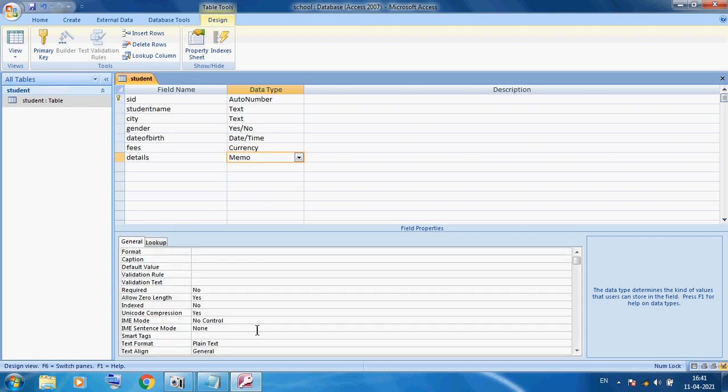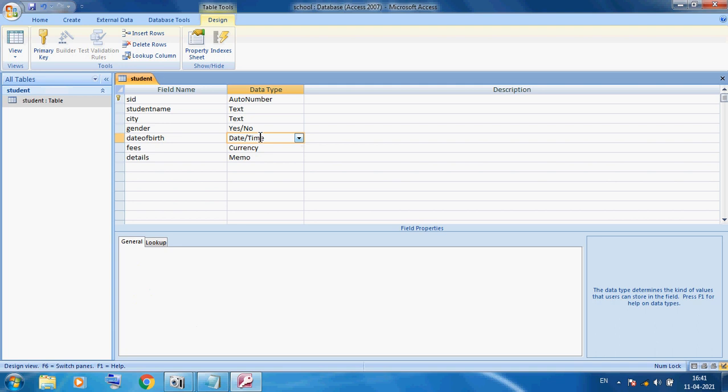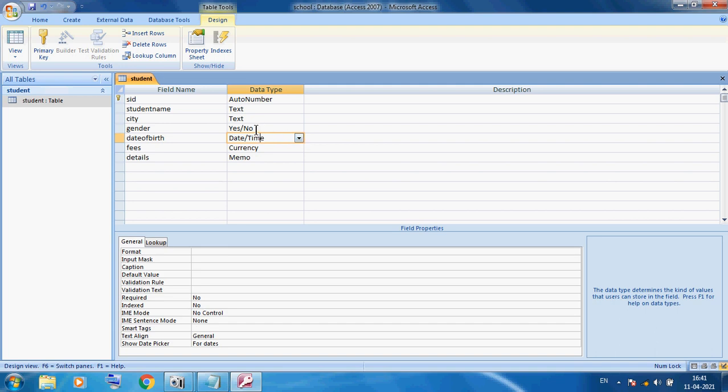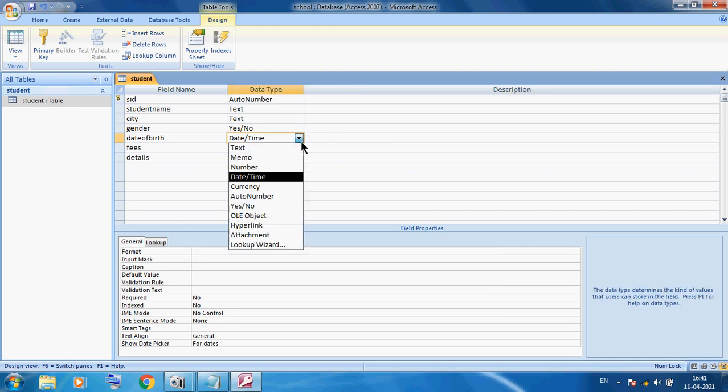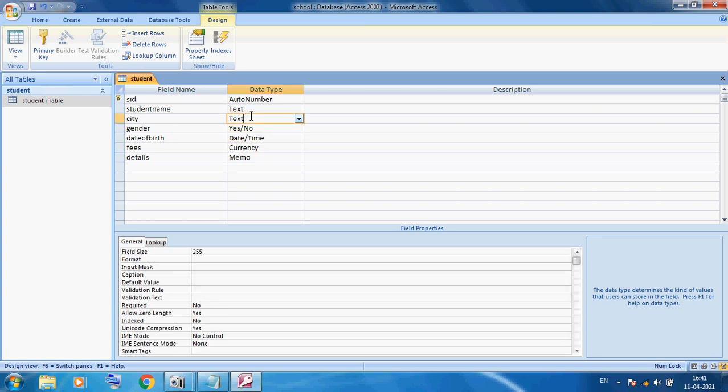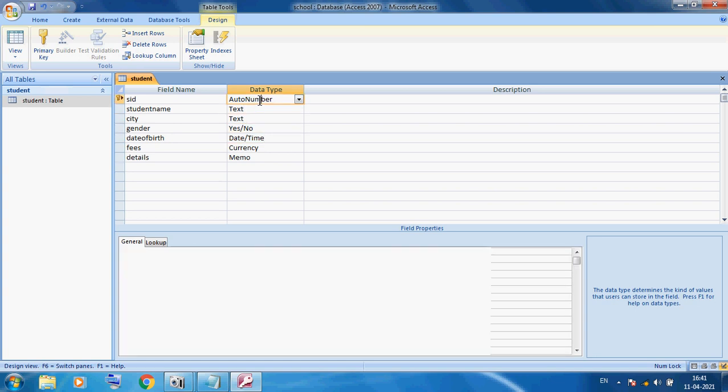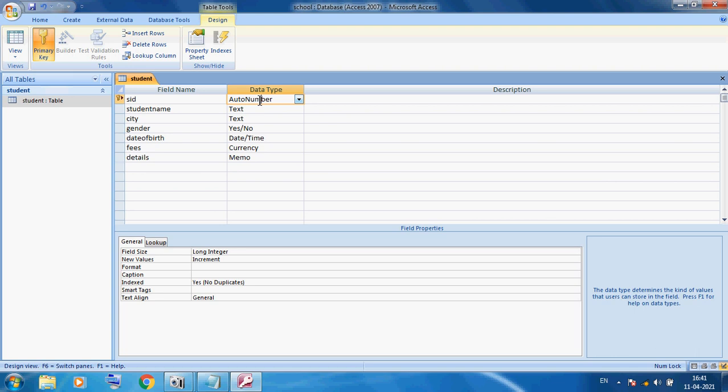Date of birth is date and time, and gender we use yes and no, yes for male, no for female. City is text, we can type alphabet. SID is auto number, so 1 2 3 4 will generate automatically, and before SID you can see a key. This is our primary key.